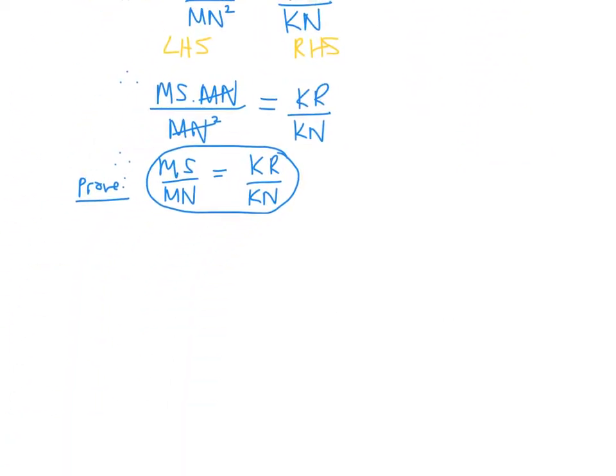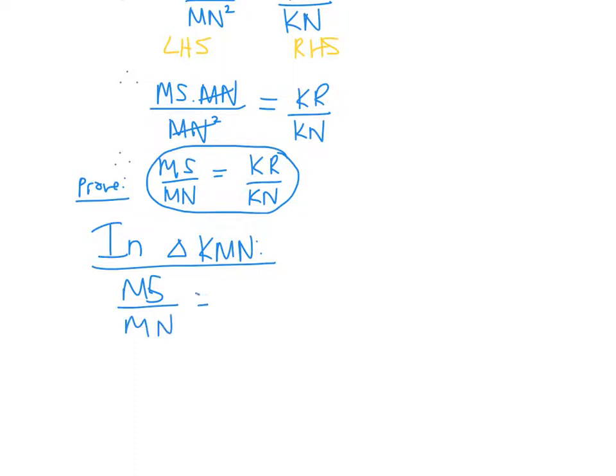So let's go and have a look. I can say that in that big triangle, triangle KMN, I know that MS over MN is equal to KR over KN. Why? Because I can use the proportion theorem, because those two sides are parallel, because I have proven that KM is parallel to RS. And now I can say, therefore,